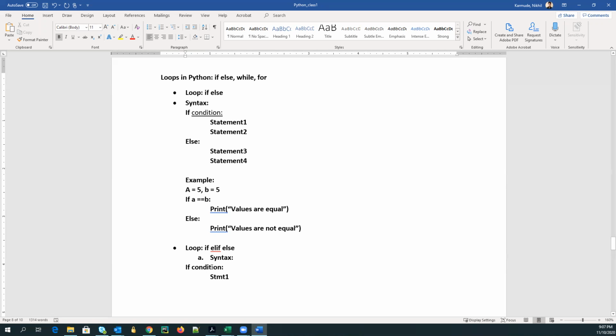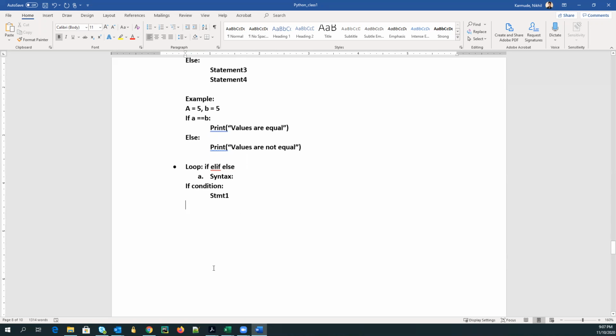But if my condition is false, what should happen is I should write elif, that is else if. So in regular English, what we say is if my condition is false, I'll do else if. So in Python, else if is shortened to elif. Only the first two characters are taken. So elif condition